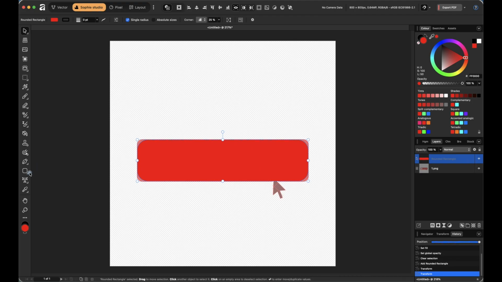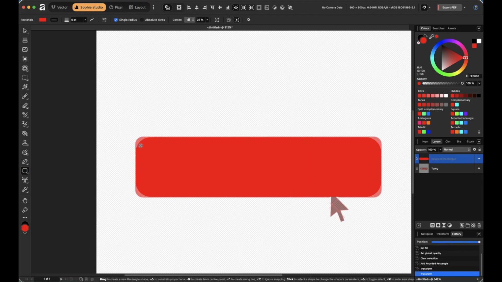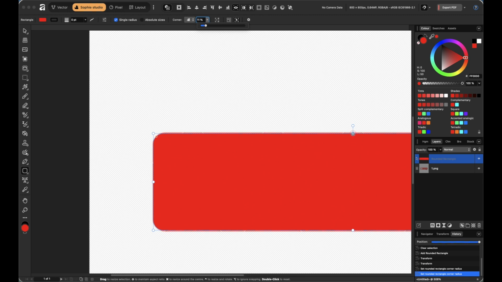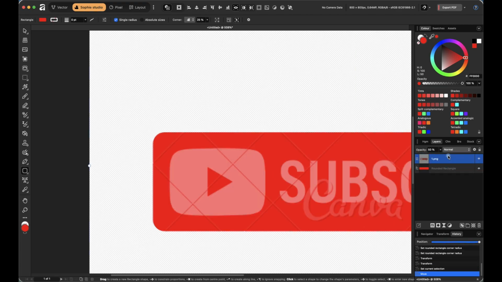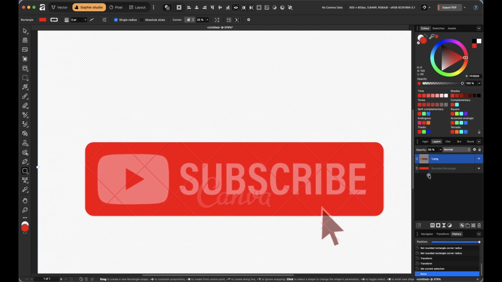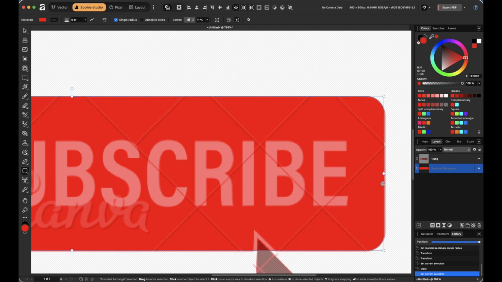You can do that by clicking the rectangle tool again, and you can see this orange little icon here, and it'll allow you to move those corners out a bit. This is also reflected at the top here in the percentage bar. So if you move the percentage up and down, you'll also see that the corners move as well. So I'm just going to keep fiddling with it and try and get it as accurate as I can. I also am going to move the layer above the other layer so I can see it a bit clearer and I can see the shape if there's anything not aligning really well. So here I just want to bump it out a little bit more. Go back,